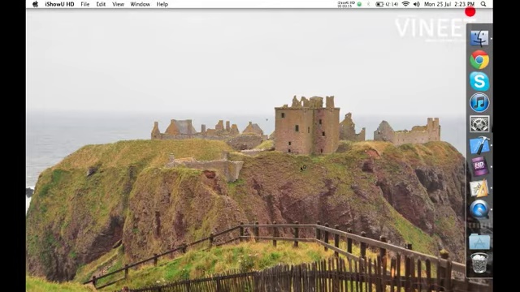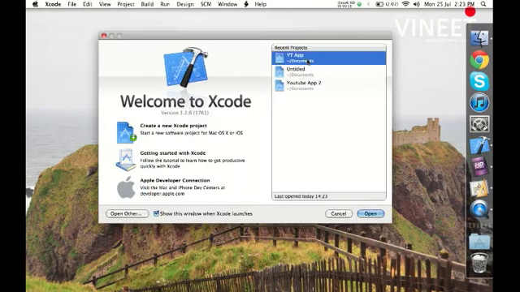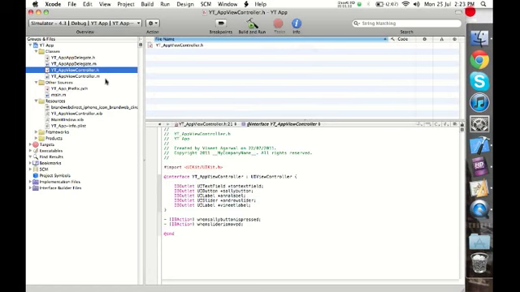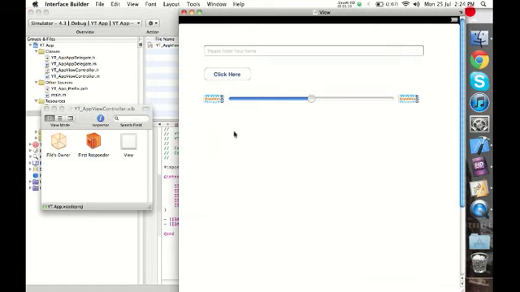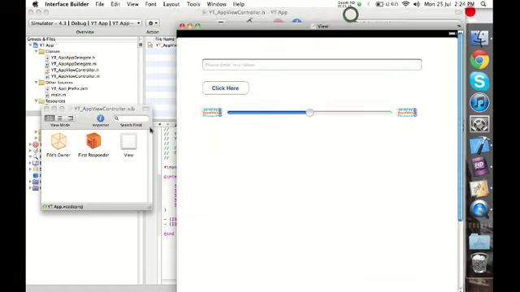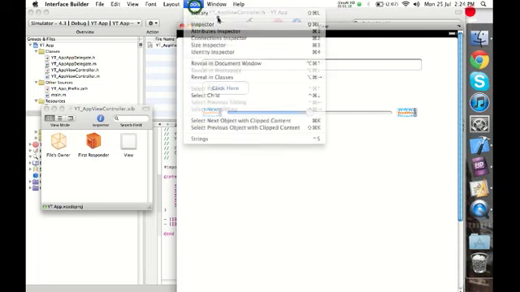To do this, what we would do is open our existing app that we were building. So let's go back to Xcode, go to YT app. We would open the existing app. Now what we need to do is, first of all, we would need to go to the view controller. Now if you remember, this is how our app looked last. Now what we need to do is we need to open the tools library,